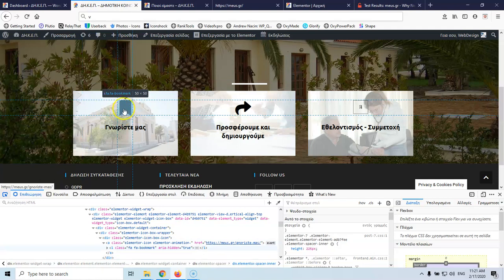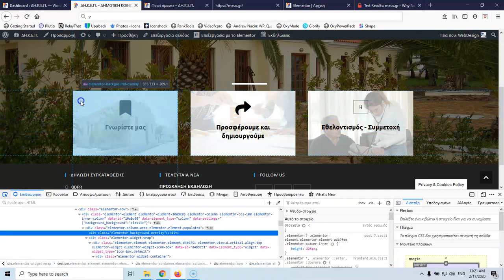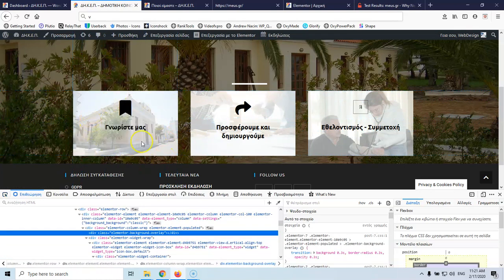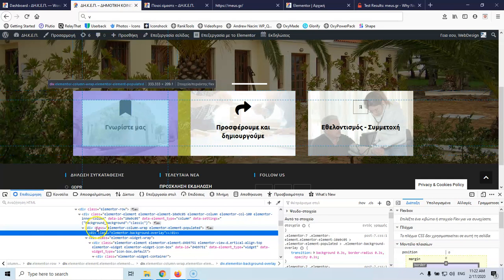So this is the icon, this is the icon with the row, this is the icon with the text, this is only the text, but I'm going to select here the whole column. Now this line says that it's a div, and I'm going to hover over the line one up because I want the parent element. I want the top element in that. So when I hover here, I will see the same blue